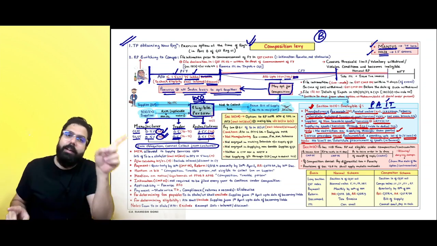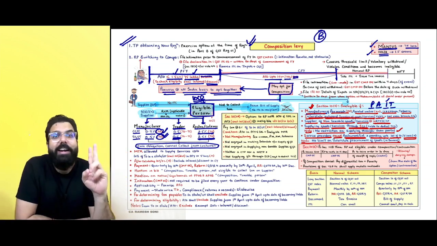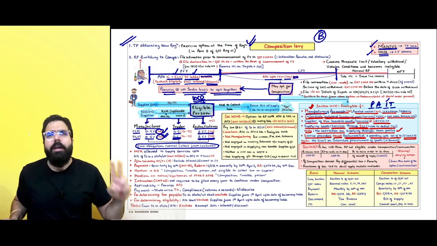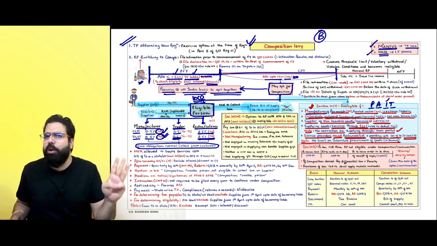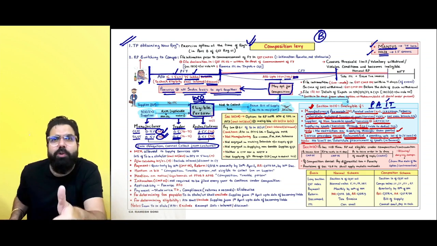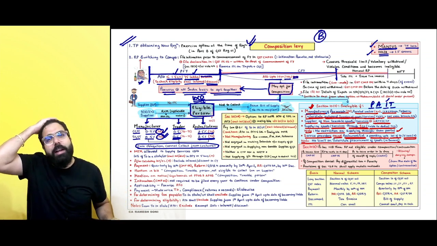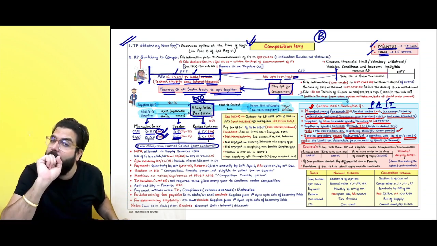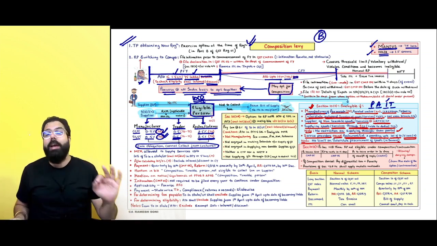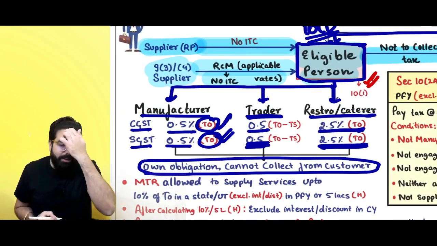The next one over here is, sir, who are the people who are ineligible? Manufacturer of PIT. I for interstate. Everyone with me. I for interstate outward supplier of goods or services. Sir, N for non-taxable goods or services supplier or NRTP or CTP. E for person supplying through e-commerce who is going to deduct TCS, and S for service providers are also ineligible other than restaurant and catering. And if you are a person who is providing little services, then also it is okay. Otherwise, service providers are ineligible under section number 10(1). Done, sir. Point is clear.